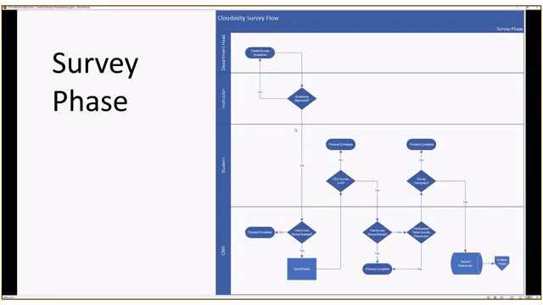So for our process map, we have a couple of phases that we ended up creating. First we start out with the survey phase. Starting off from the top, the department heads are going to be creating the questions, and those questions will go to the instructors who will review them to see if it's something they want to ask their students. If they don't, then it goes back up to the department heads to review the questions again and maybe make some new ones or any edits and changes.